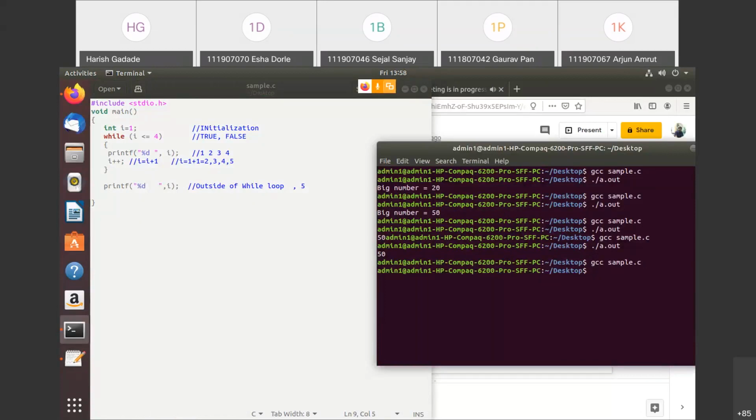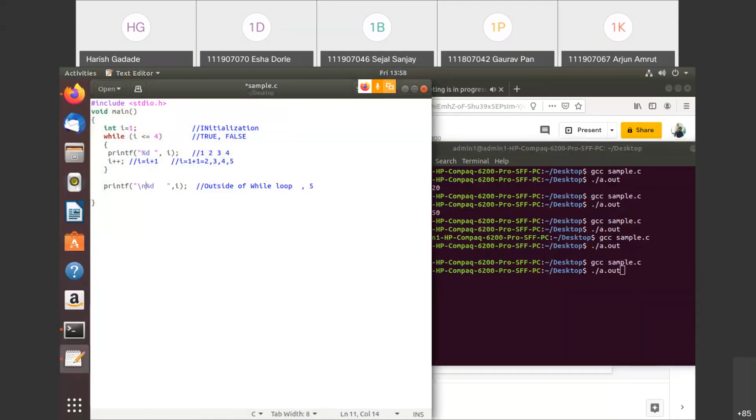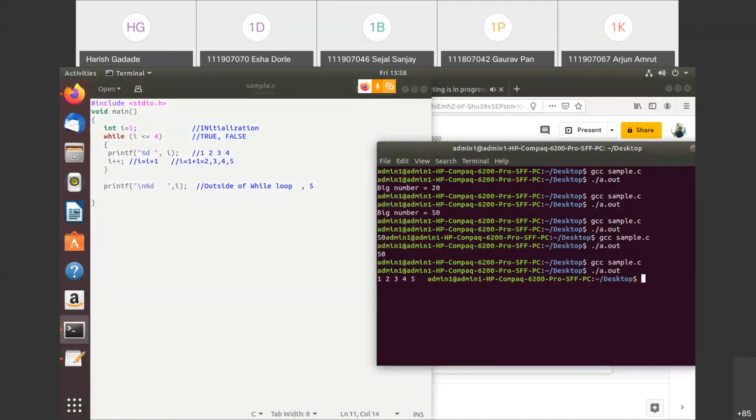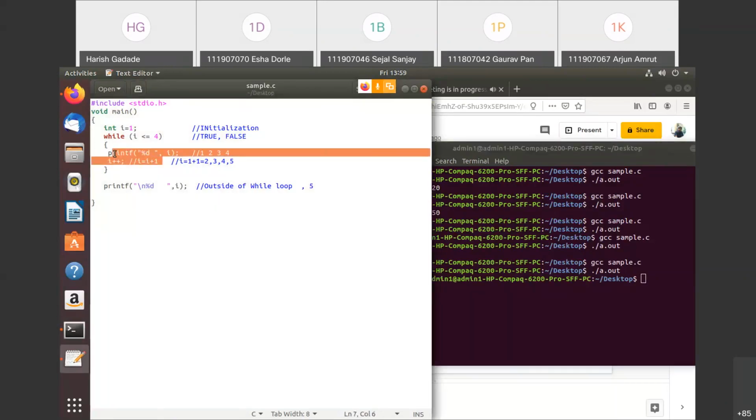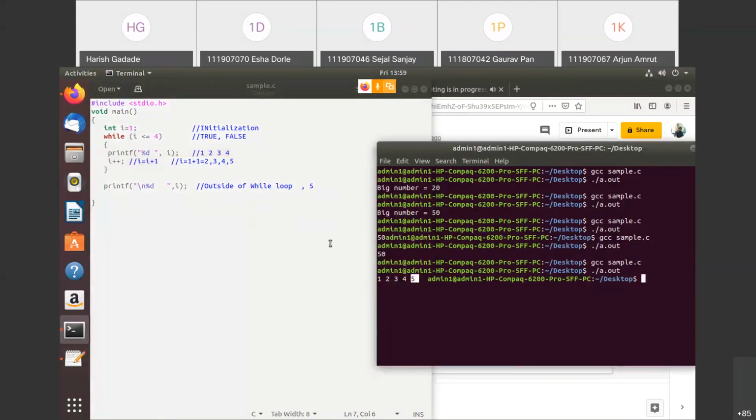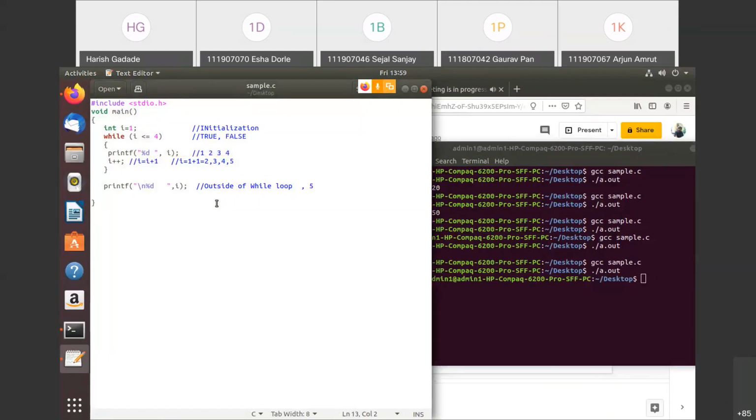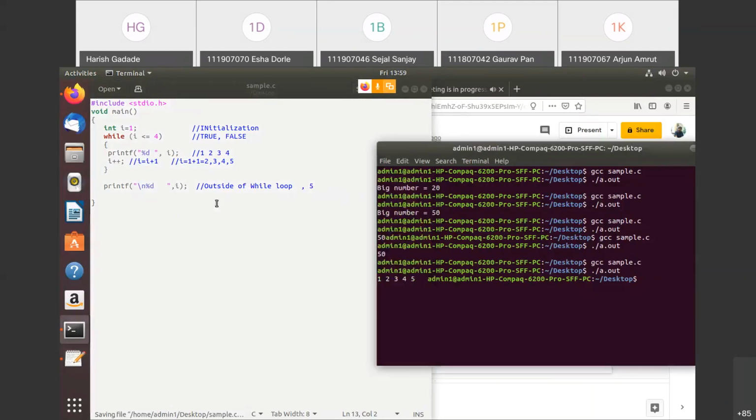The same program, right? And I just run it. So what would the output be? 1, 2, 3, 4, and again next would be 5, right? So what I'll do here, I'll put a new line over here so you can see this 1, 2, 3, 4. This is for the inside of this, and whatever is this 5, that 5 is for this. So I'll first save it and then run it.